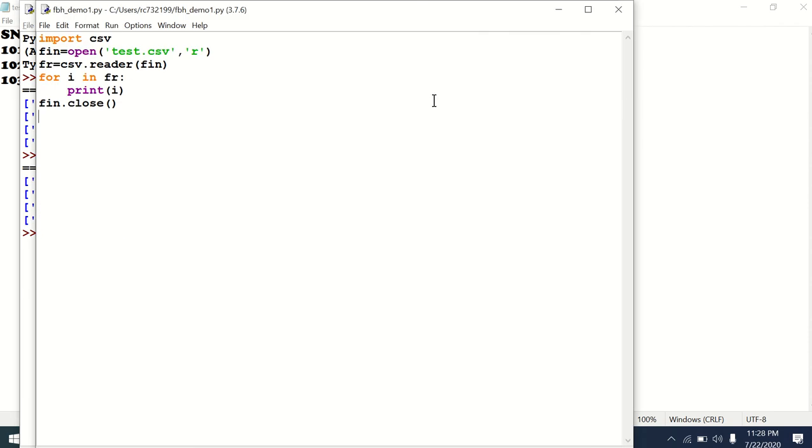Now I am going to make a change in my program. When you print I, it will display it as a list. What I am going to do is display it as three different columns. So print I of 0, and then you can give whatever separator you want, colon or whatever, and then comma, I of 1, the second value, and then